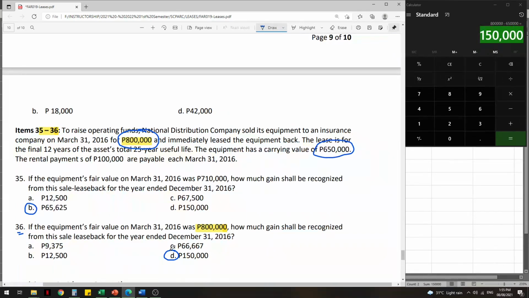Just take note that if it's an operating lease, you will have to follow the set of rules that I kept on coming back to earlier. But if it's a finance lease, do remember you have only a difference in your ROA and the gain on rights transferred na computations.